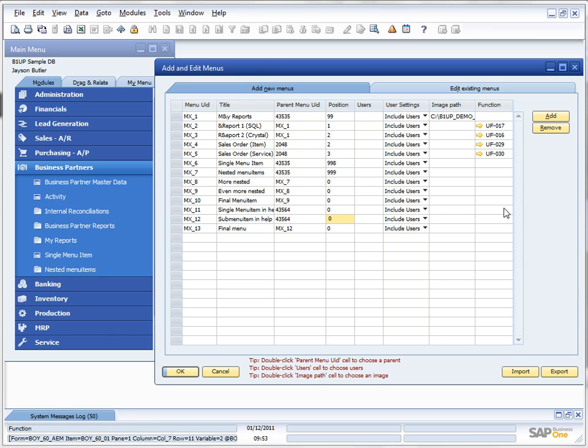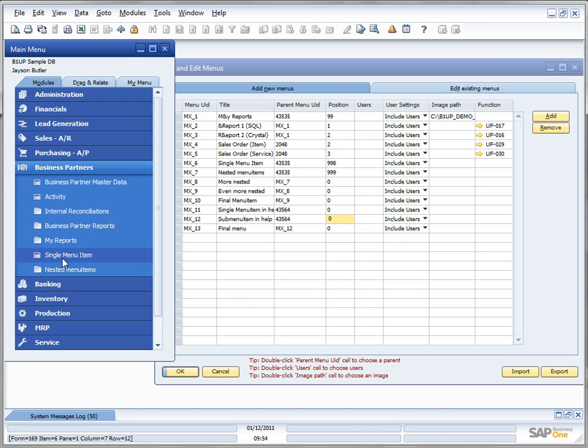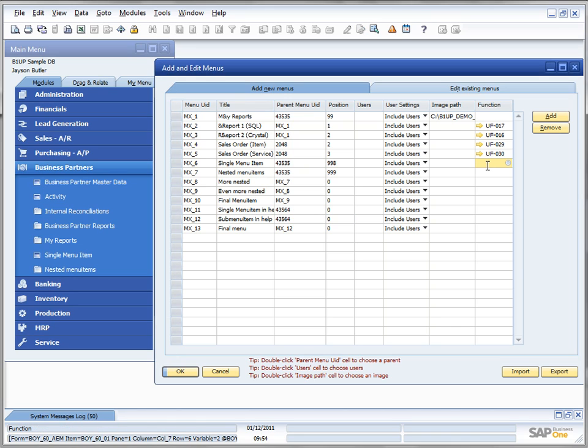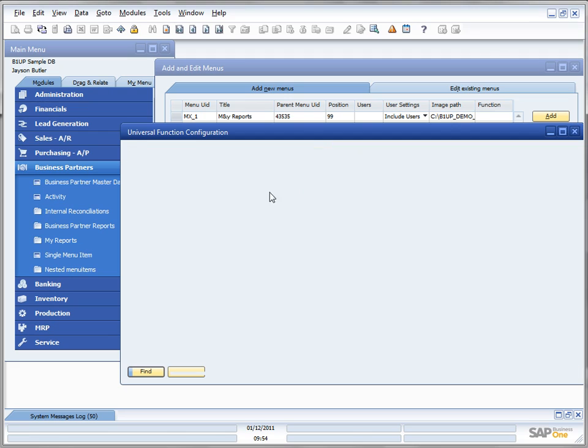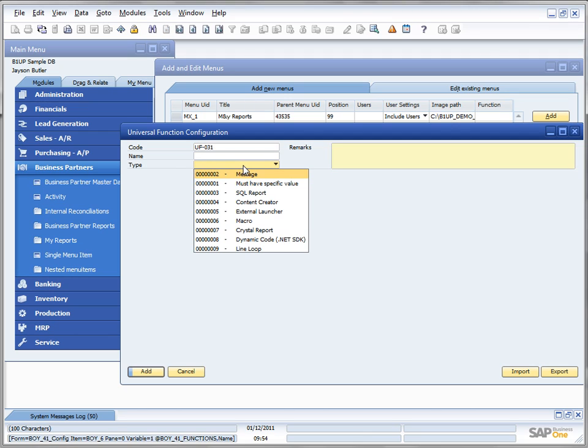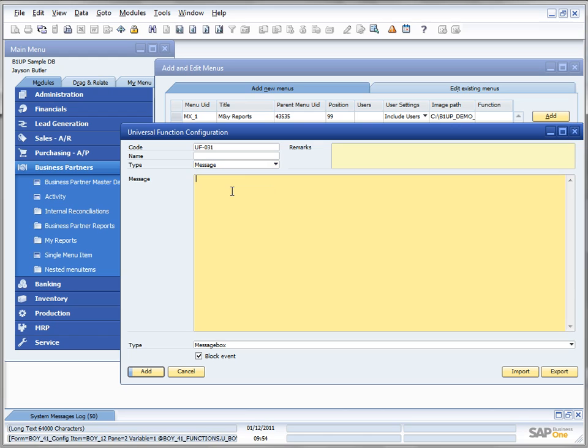So final thing we of course need to set is what the different menu items actually do. It of course doesn't make sense to just create menu items like the ones I've created here, that actually don't do anything when I press them. So for that reason, I can go in and set what the menu items should do under the function. And for that we use universal functions, where I can create a bunch of different functions, all depending on what I actually want. In this case, let's just say hello SAP,